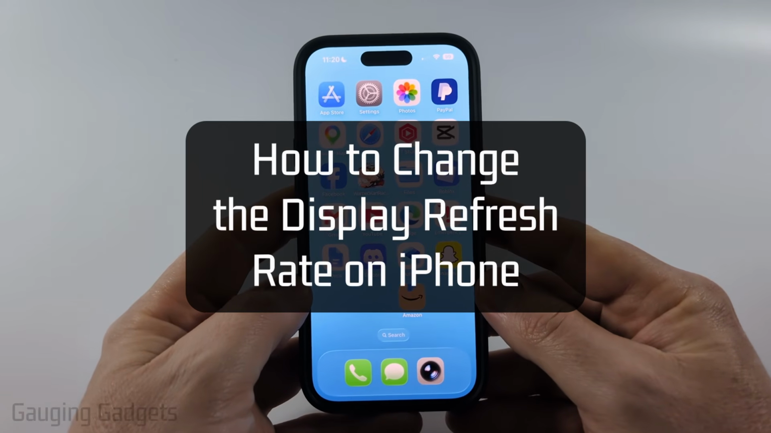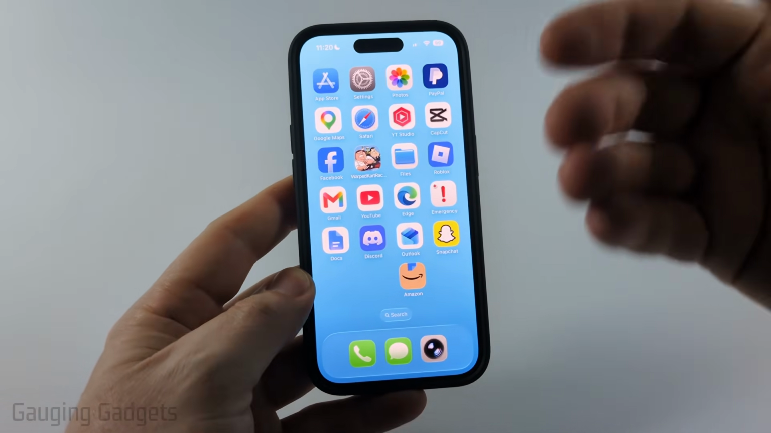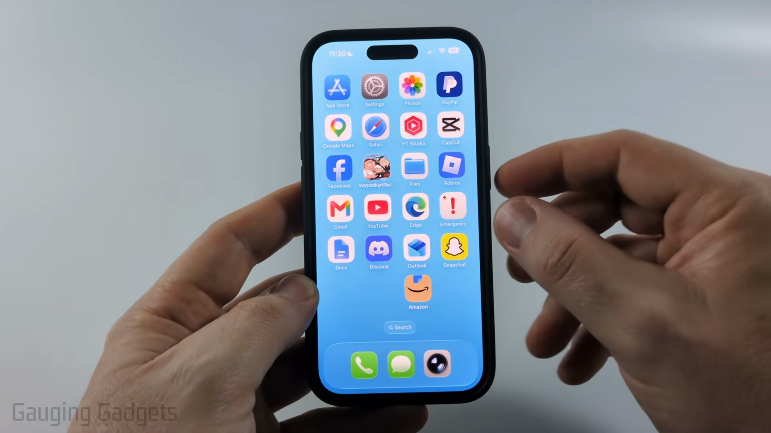How to change display refresh rate on your iPhone. In this video, I'm going to show you how to change the refresh rate on your iPhone's display from 60